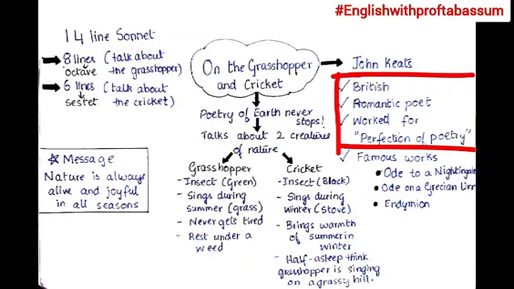But it's a sad reality that when John Keats was alive, nobody gave value and importance to what he wrote. But after he died at the age of 25 only, then people saw his work and realized that he was a talented poet. In his short life, he managed to write 150 poems.